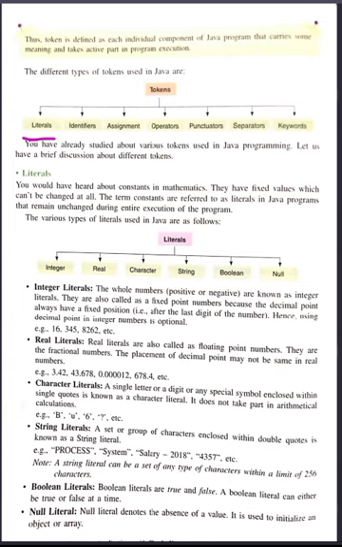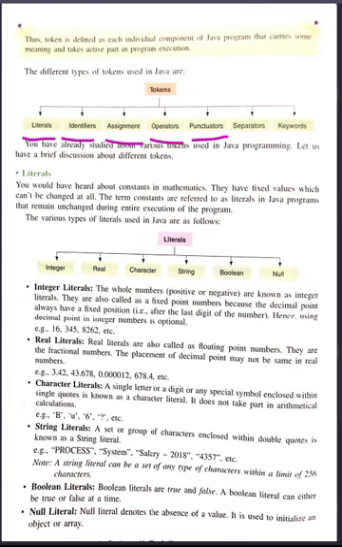We used literals. Literals are also called constants, like 5 is a constant. Identifiers are the names of variables like x, y, z. Assignment is the equal symbol. Operators are plus, minus, slash, asterisk, modulus. Punctuators are comma, semicolon, colon.